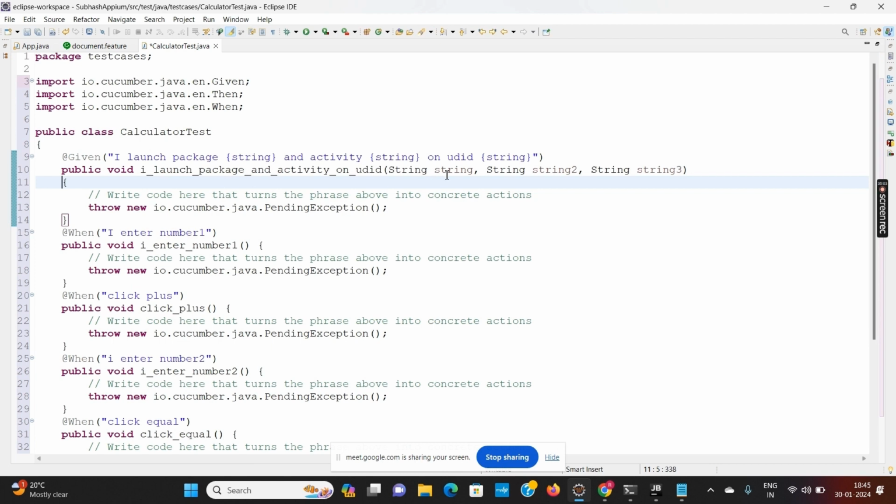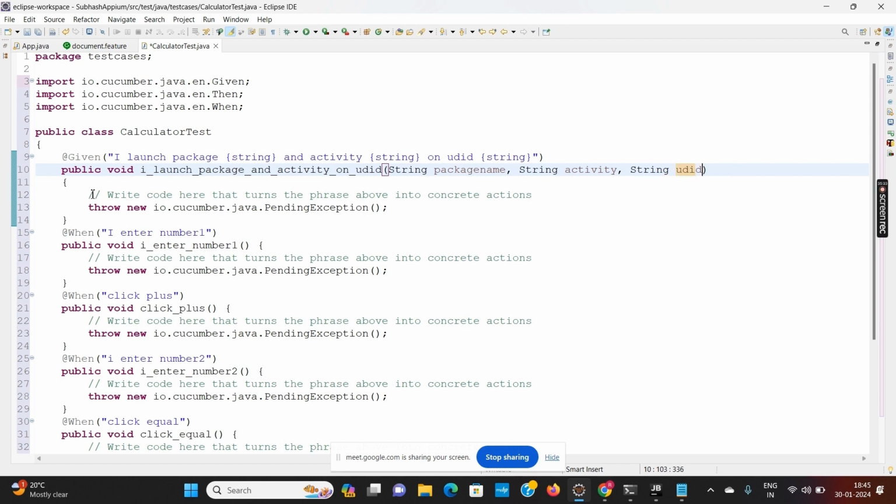So it is automatically taking parameters 1, 2, and 3. You can rename them as package name, activity, and UDID.